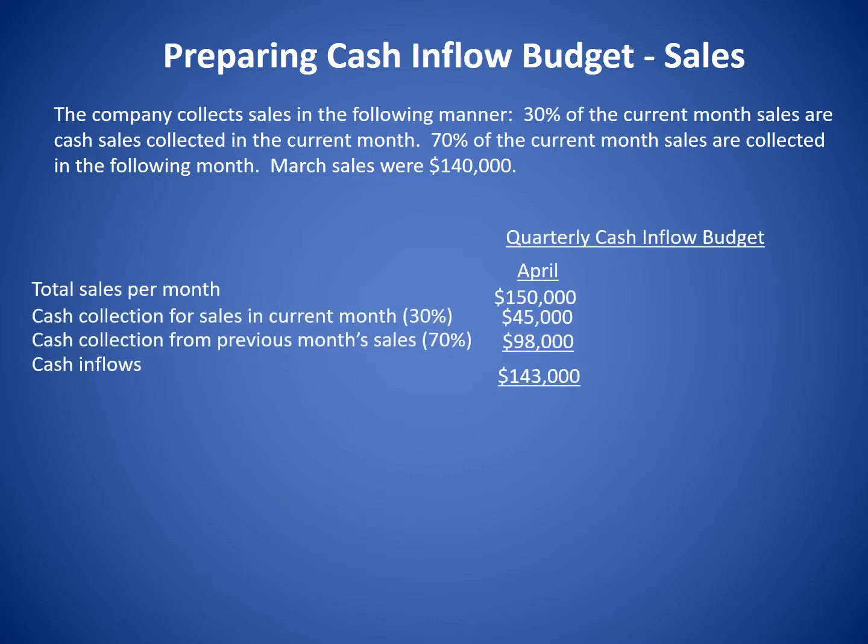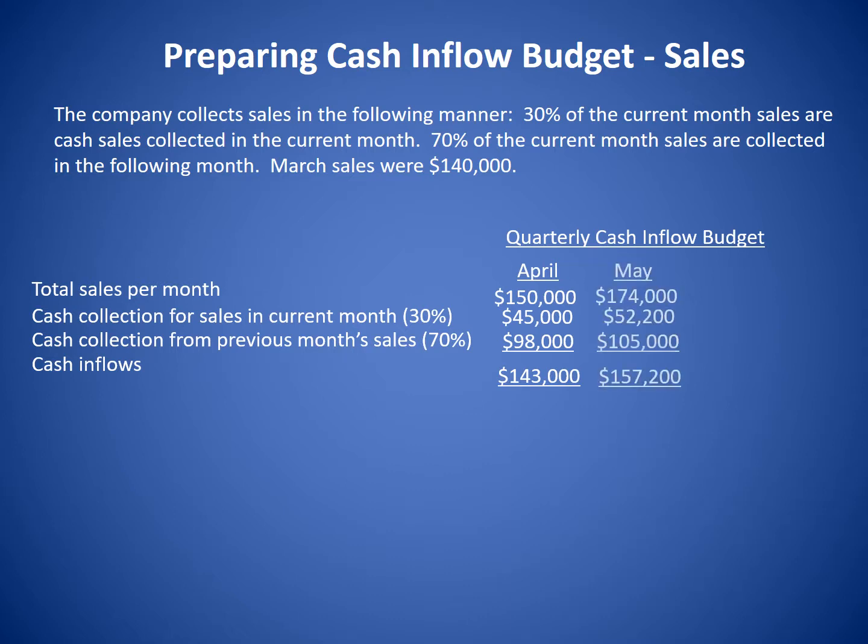Our total sales for the month of April, as we got from our sales budget, were $150,000. The cash collection for our sales in the current month would be 30% of our total sales, so we know we're going to collect $45,000 in cash in the current month. But we also have to factor in that 70% of our previous month's sales, the $140,000 in March, were also collected in April. So we add $98,000, which is 70% of the $140,000, to arrive at our total cash inflows for April of